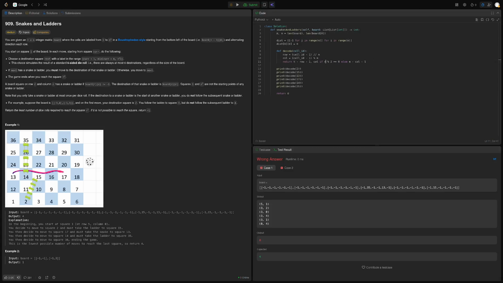Oh, that's like row. Okay, so this decoder works for positions, and then we do, let's go like PQ,